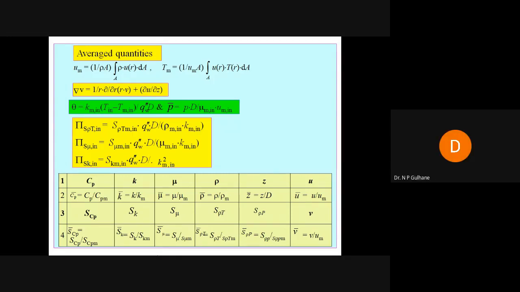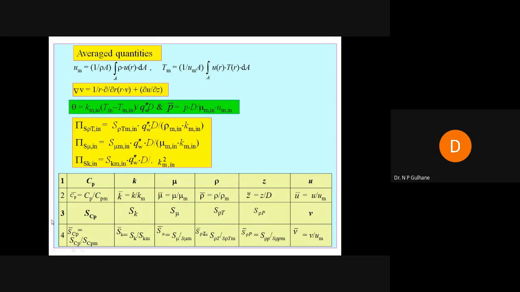Okay, good. So these are the non-dimensional temperature and the static pressure, which are given by pi groups, theta value, pressure. You can see here Cp, K, rho. These are all the non-dimensional values, wherein the subscript m refers to the mean value of the parameter. Everywhere m is written, that is the mean value of the parameter.